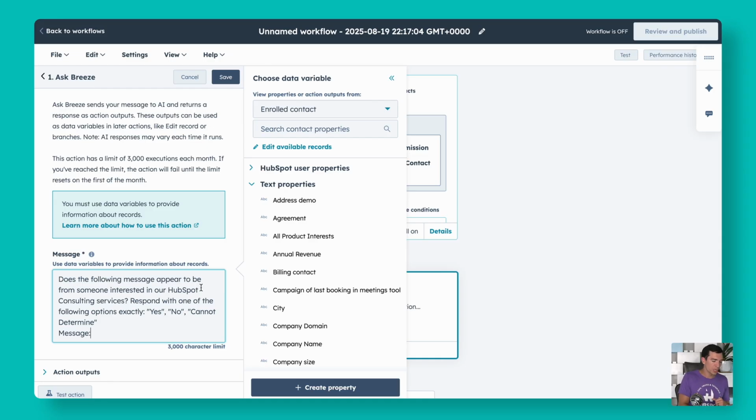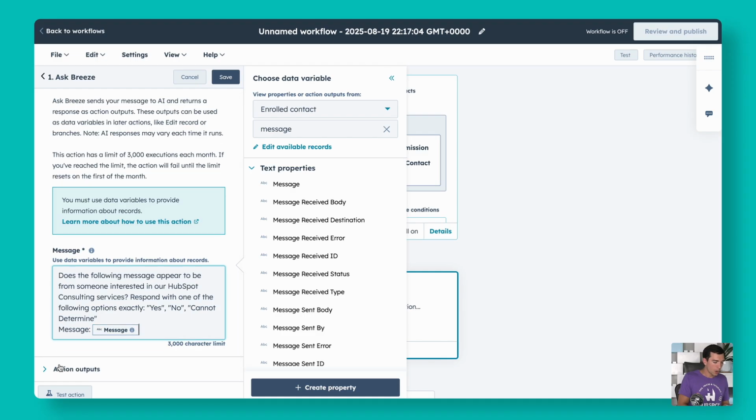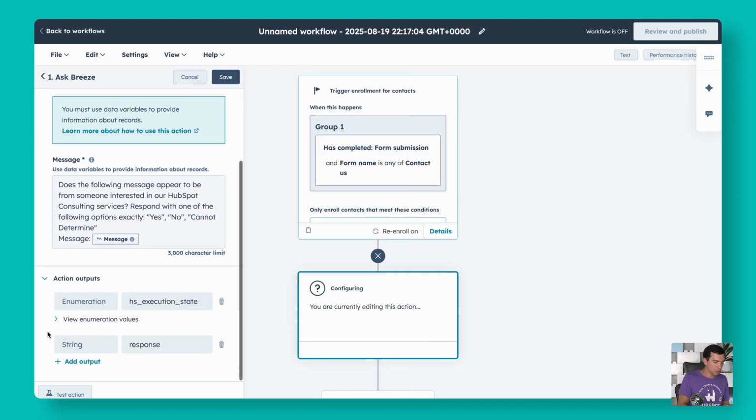Does the following message appear to be someone interested in our HubSpot consulting services? Respond with one of the following options exactly. Note this is the same options I've got in that property. Yes, no, cannot determine. Message is, and I will put in the message property we're using on that form as a personalization token here. So now I'm going to do these action outputs, and I'm going to add an enumeration